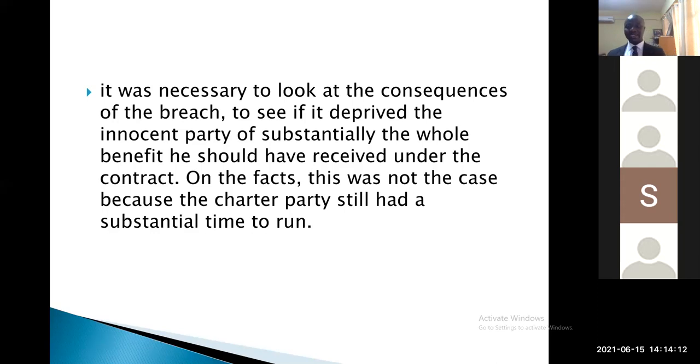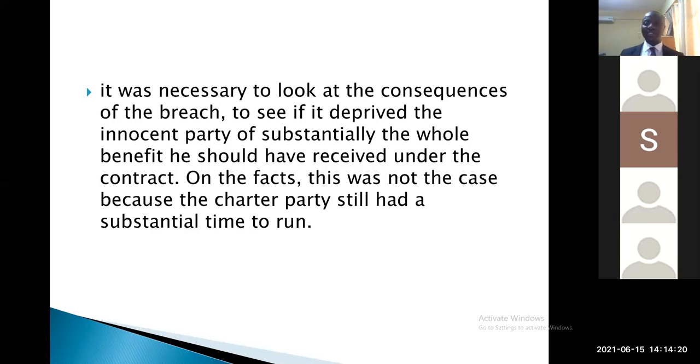So pay attention. Then you said that the court is still using condition and warranty language. No. You see, with respect to condition, you look at the contract, you can just interpret it and say that this term is a condition or that term is a warranty. Even when, as a matter of fact, there has not been any incidence of a breach, if no breach has occurred, you can still construe or interpret the contract and say that this is a condition or that is a warranty. And for that matter, all the legal effects which follow with the breach of a condition will kick in, and same thing applies to a warranty.